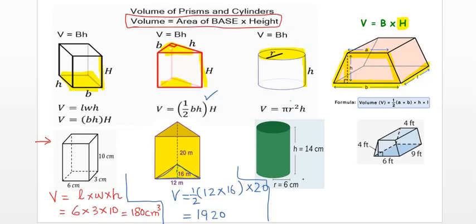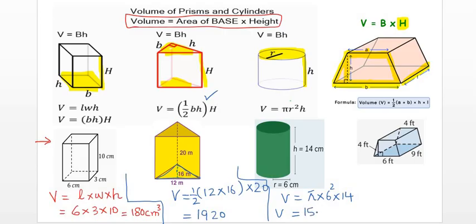This is the formula for finding the volume of the cylinder. So volume equals pi r squared. So what is the radius? R means radius. So the radius of the cylinder is 6. So you will write 6 squared times, what is the height? It's 14. So when you multiply all of these together on the calculator and change them into decimal, it